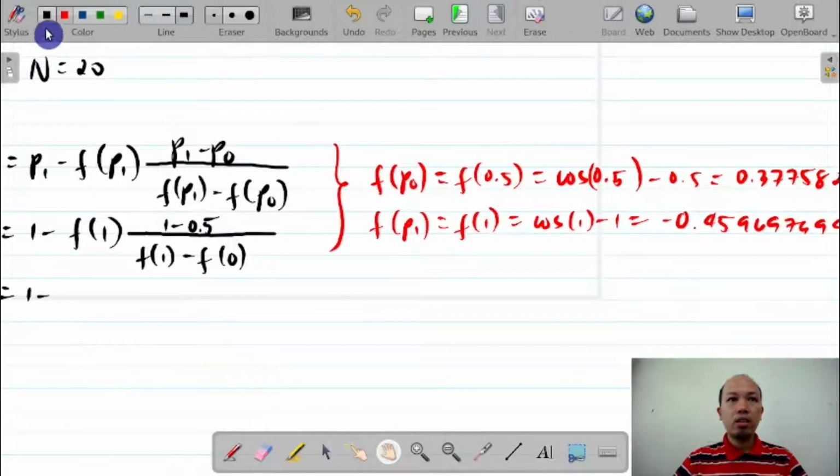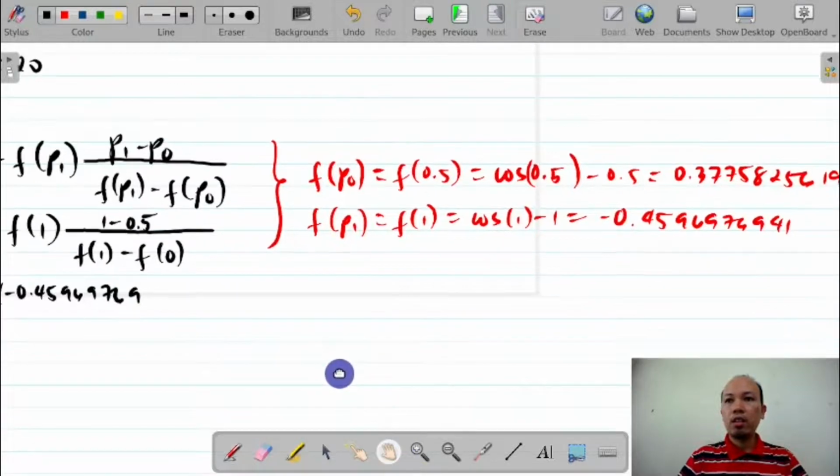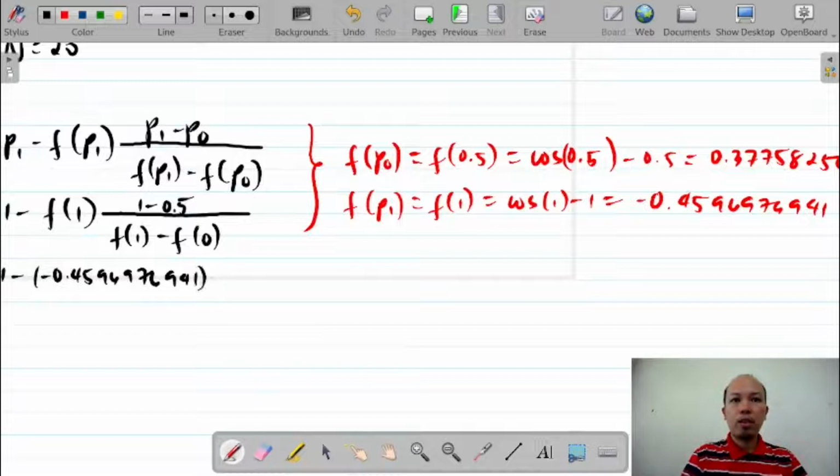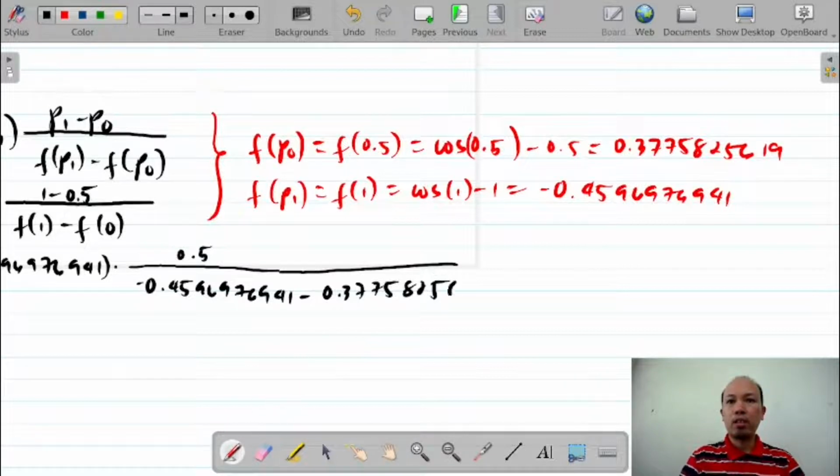So if you plug in these values to this one here, we have f of 1 is negative 0.459969769 and then 41 times the quantity here. 1 minus 0.5 is 0.5, and then f of 1 is negative 0.45969 76941 minus our f of 0 is 0.3775825 619. Okay,